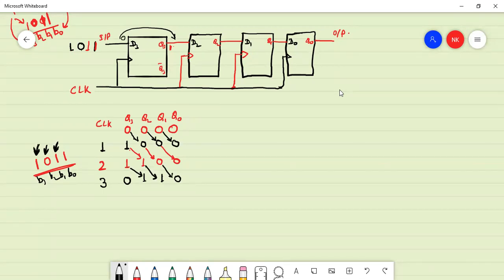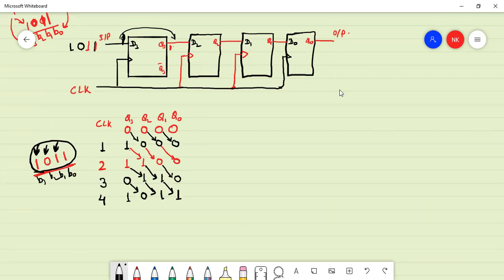So in the next clock pulse, the input at D3 is B3, that is 1. When we input 1 at D3, in the next clock pulse this input will transfer to the output, meaning Q3 will become equal to 1, and this 0 will get transferred over here. This will get transferred over here, and this will get transferred over here. So what we can see now is the data we will have